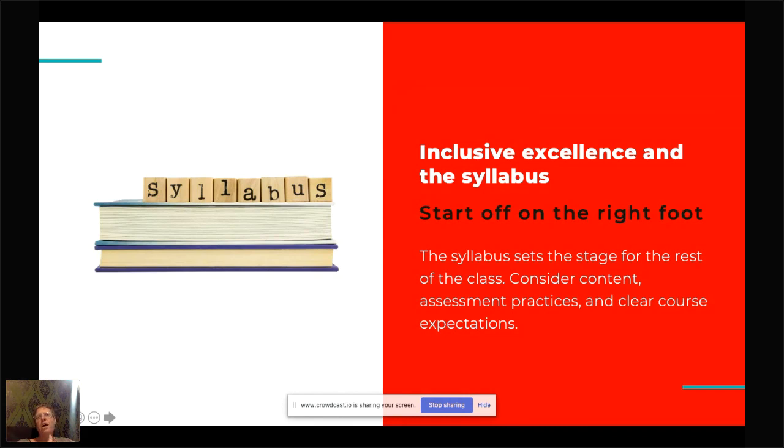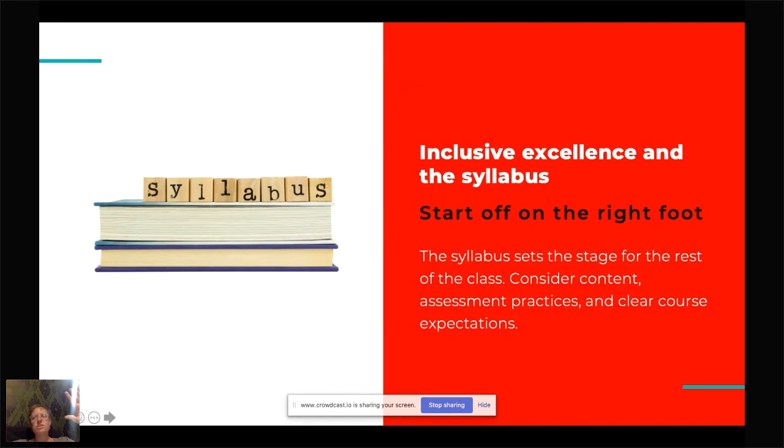And that's important not only because that's important to understanding the field, but also when students see what's assigned, especially in classes like this, they want to see that there's something about them, right? Or there's something that says, hey, I see you and I want to talk to you, right? So having a syllabus where the content itself is inclusively excellent is really important.